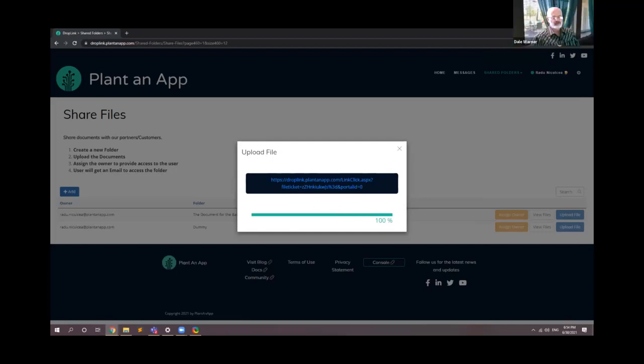I almost have my brain wrapped around it, but bottom line is it ends up being secure. It ends up being a way to transfer information between 2 points securely. Yes, because the PlantenApp is connecting to the S3 cloud through a server-to-server connection, and it's giving us the access like that. So there are no public links to access any of the documents uploaded there. The links to download the documents can only be achieved through the drop link application, because the drop link application is the only application that can